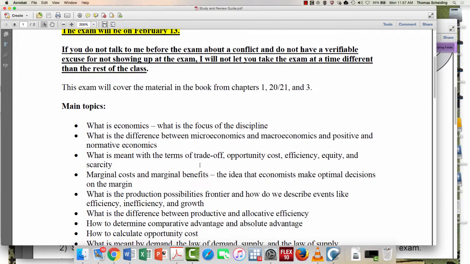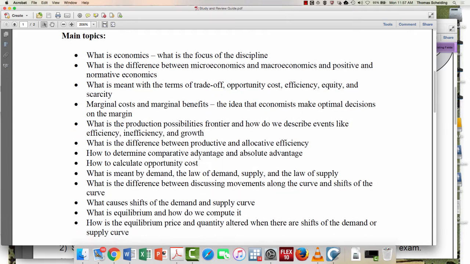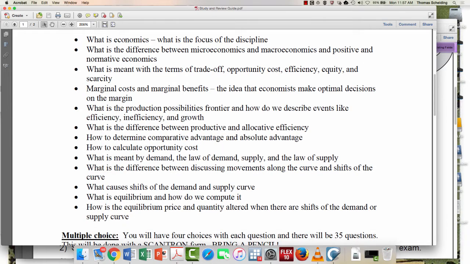I looked at the exam. Basically, after the exam was written, I then looked through the exam and I came up with the list of the major themes that were covered in all of the questions. Now, the questions will be out of order. So you are allowed on this exam a half piece of paper. You will want to think about that piece of paper as you organize it, that the questions will be out of order. So you'll want to make the half piece of paper such that you can quickly find things across the chapters.